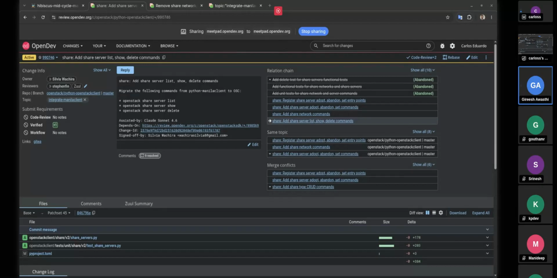If we move away from the Python Manila client repository, it means that we will no longer be a plugin, a discoverable plugin, right? It should be the same user experience. That's what we are trying to ensure, but it should be faster. Because we are part of the Python OpenStack client, performance should be better, and we would benefit from all of the release process from Python OpenStack client as well, and we would be in line with what other teams are doing as well.